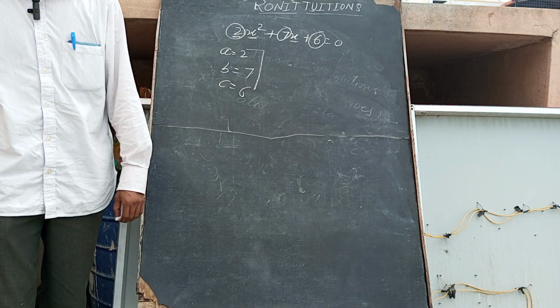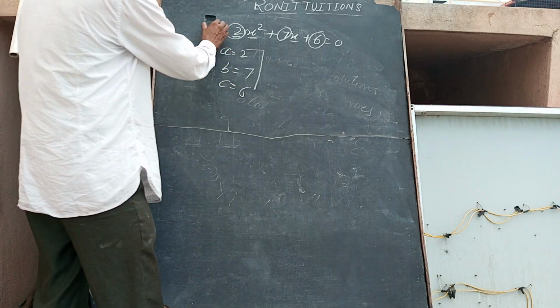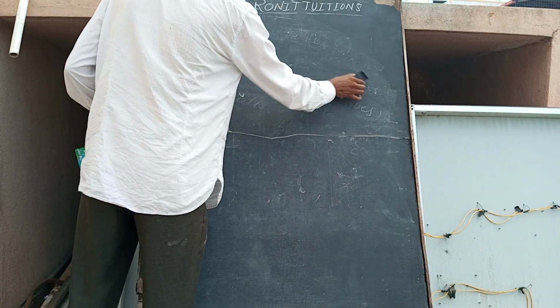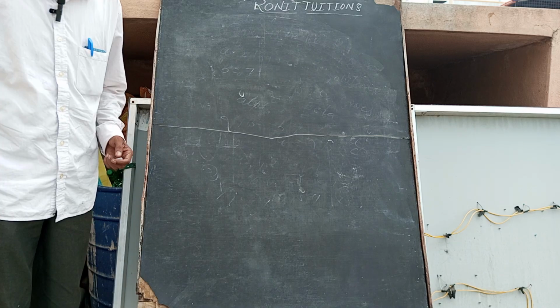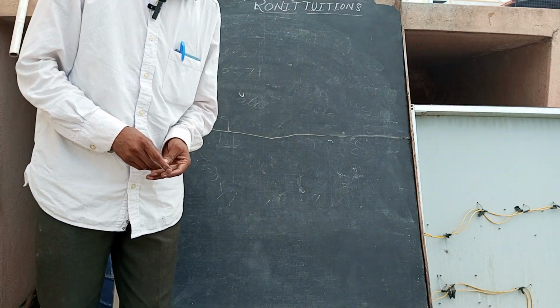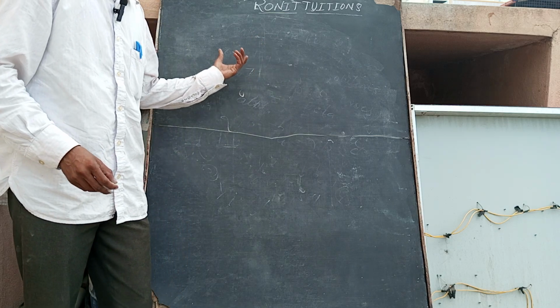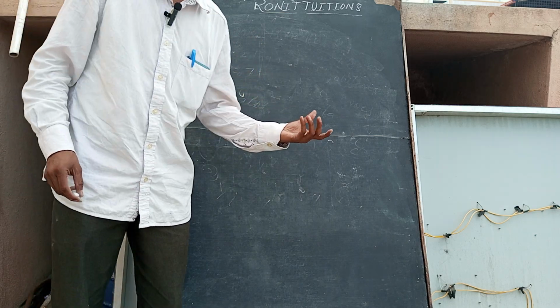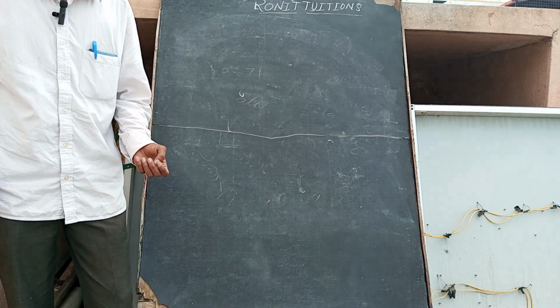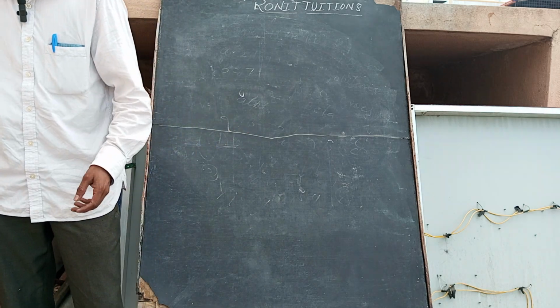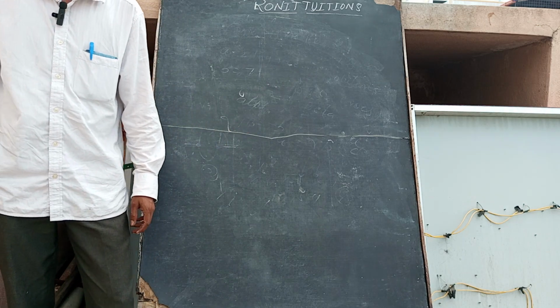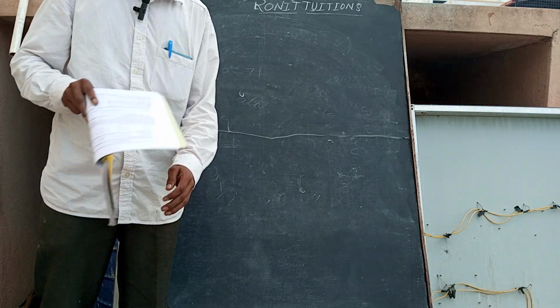So to find that alpha and beta, how to find? By the factorization method. So first we are reading the factorization method. After that, in the next chapter, I will come to finding the alpha and beta, that are called the zeros or roots of the quadratic equation, by the formula method also. By the formula method, that will be the next chapter. So we are taking one question here from the textbook, exercise questions, learning process one by one.